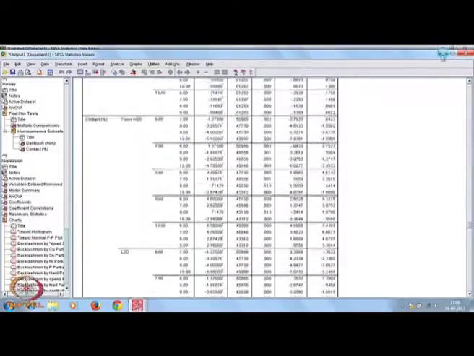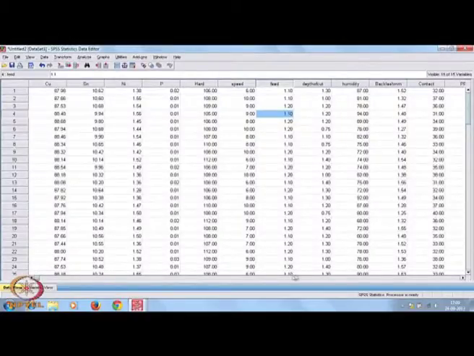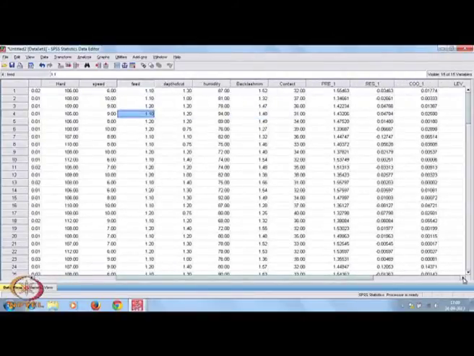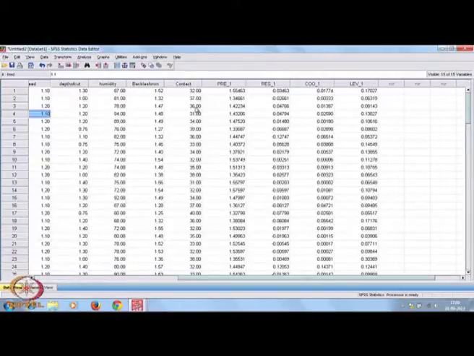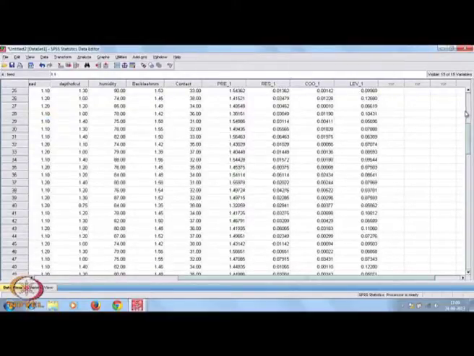Now, what happened to your data matrix? You see that we have stored something here. Our original variables went up to contact, then predicted values, residuals, Cook distance and leverage points are stored here.